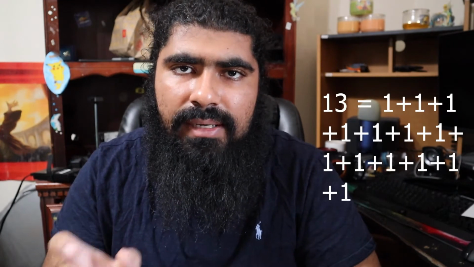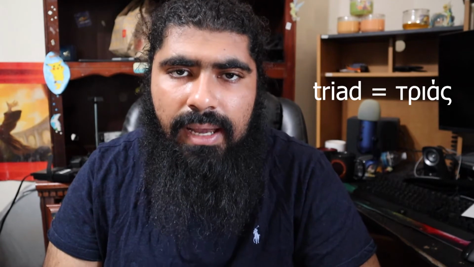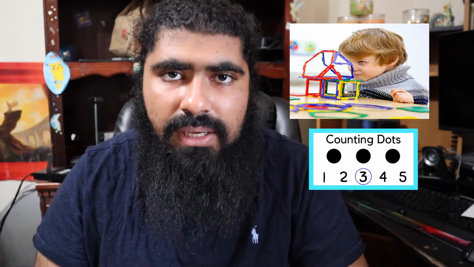Any number that existed had to be made up of 1s. So because of this, the very first even number was called the dyad, or 2, and the very first odd number was called the triad, or 3. And this is where those numbers start to come about. But again, I want to emphasize this was based in a thinking that was based in dots and geometry. Also, this was before the invention of 0 as well as negative numbers.